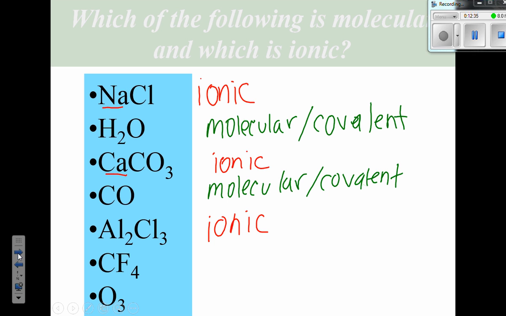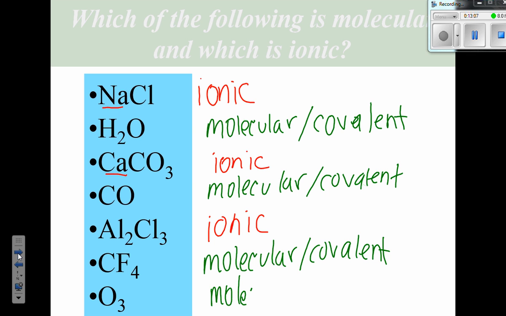What is this one, the fourth? Okay, CF4. What do we got going on there? Carbon and fluorine, so how are those classified? Are they metals or are they non-metals? They're non-metals, so molecular covalent. Good. And what about that very last one, Yash? Covalent. You got it. It's oxygen, 3 oxygens, and oxygen is a non-metal, so that's a molecular or covalent